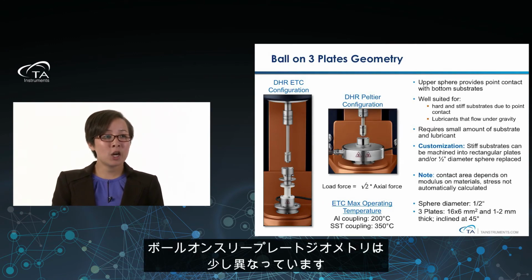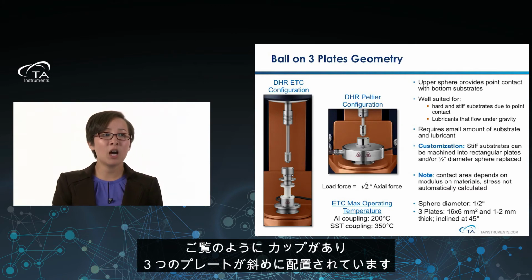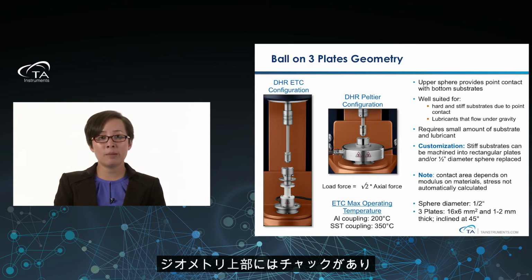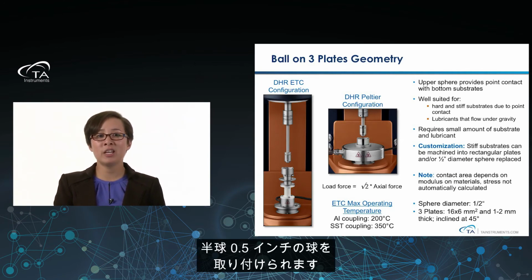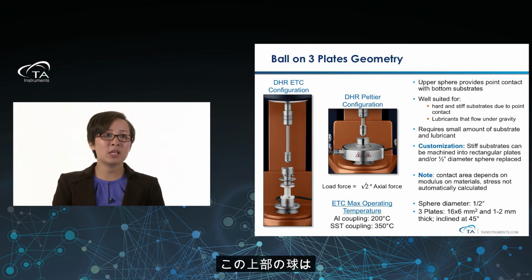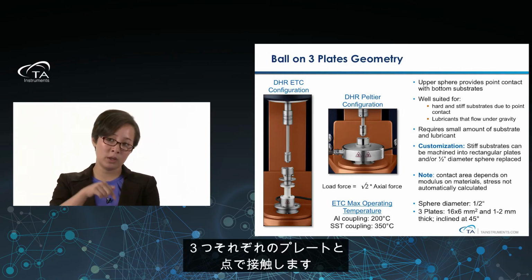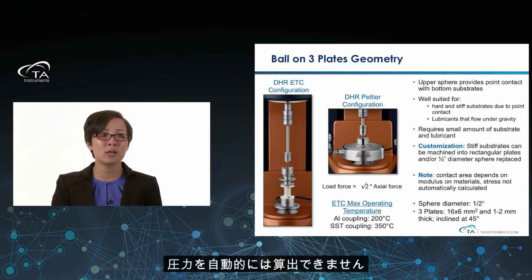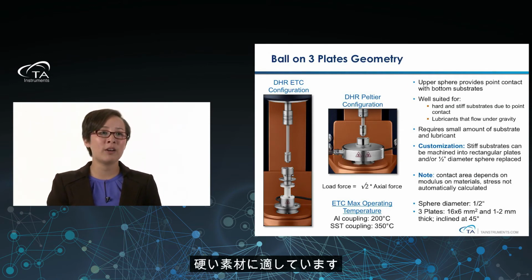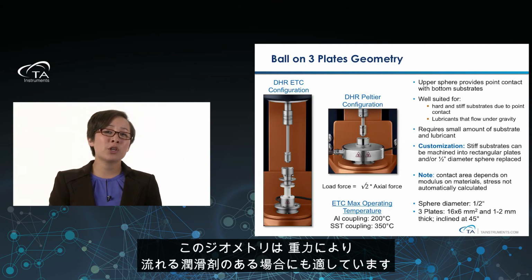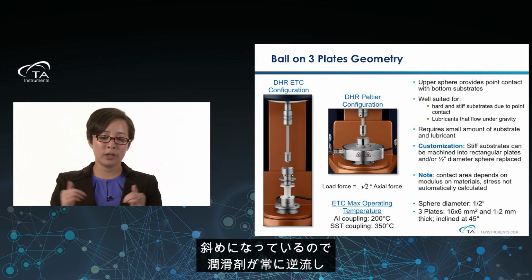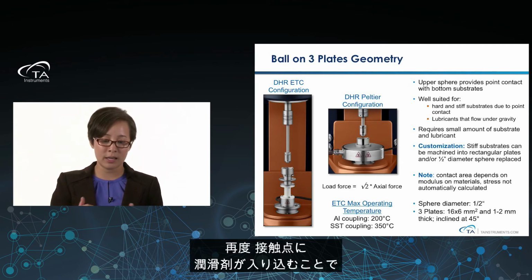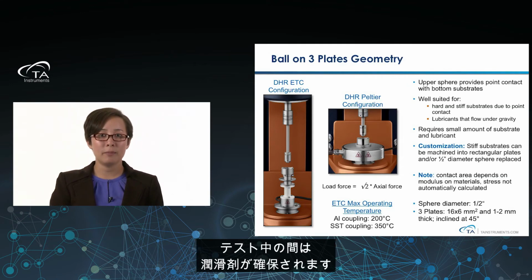For the ball on 3 plates geometry, it's a little bit different. You can see here we have a cup where the 3 plates are actually situated at an angle. And then the upper geometry has a chuck where we can place a 1/2-inch diameter sphere. Now, this upper sphere, again, will provide point contact between the 3 different plates. So again, it's a point contact, meaning we don't automatically calculate out stress. But because of that point contact, this is really great for hard and stiff substrates. This geometry is also very good if you have lubricants that will flow under gravity, because since it is at an angle, the lubricant will always flow back in to, again, fill in that point contact,